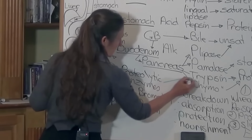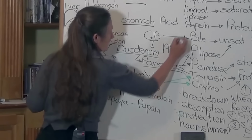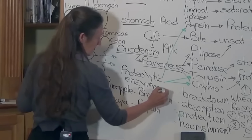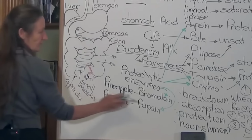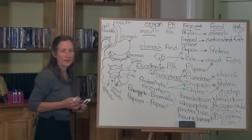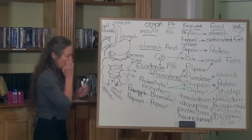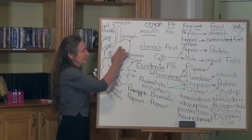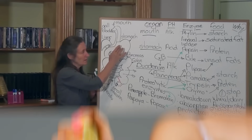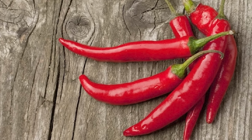So your proteolytic enzymes are trypsin and chymotrypsin and pepsin. And these also are proteolytic enzymes. The good news is you can buy bromelain and papain in a tablet form, a concentrated form. And I personally would prefer someone use the lemon juice or the cayenne pepper because it boosts your stomach to